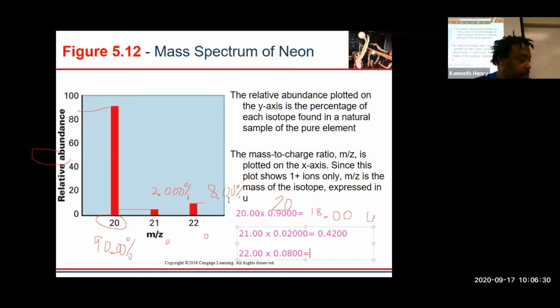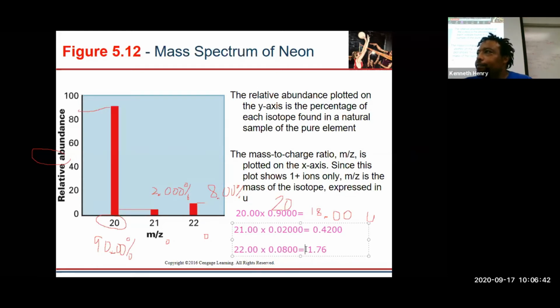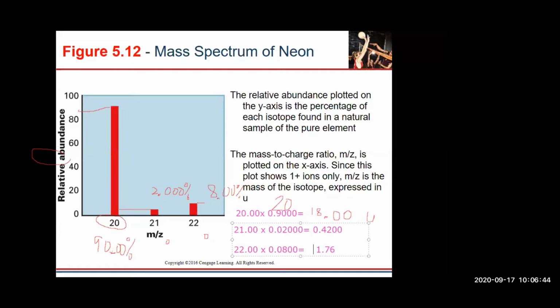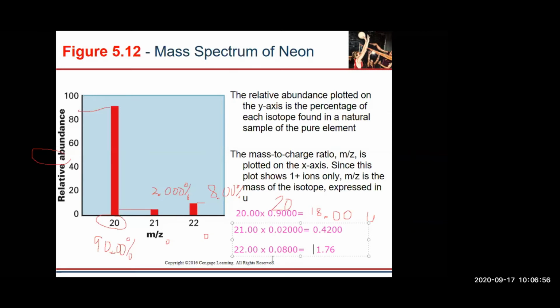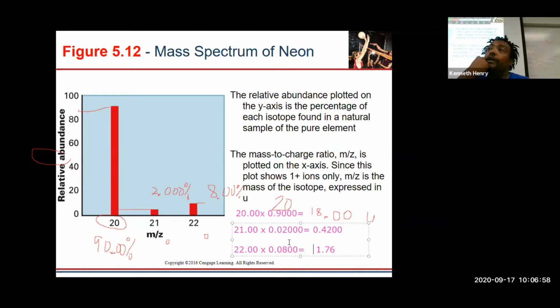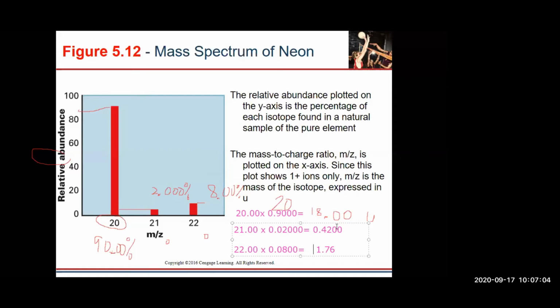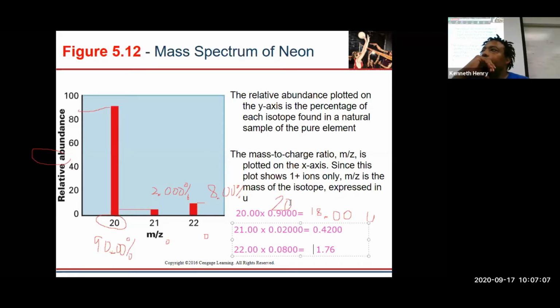It's 1.76. Okay. So let's see if we can get these guys lined up. Do we add that 0 after the 6 to make it 4 sig figs? So how many sig figs do we have here? We have 4 here, and how many here? 4. And we have 3 here. So then how many sig figs do we have? 3. Okay. So if I line these guys up and we add them together,